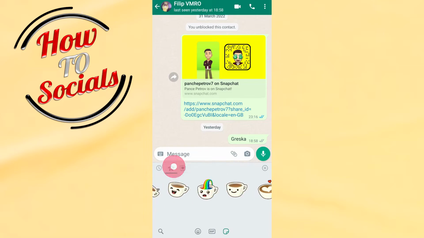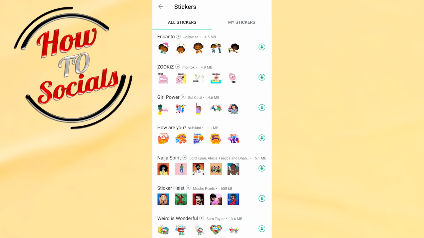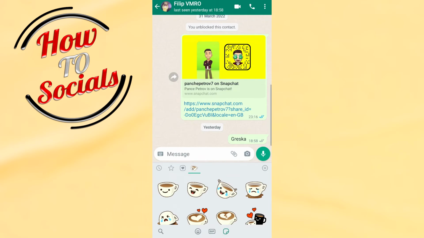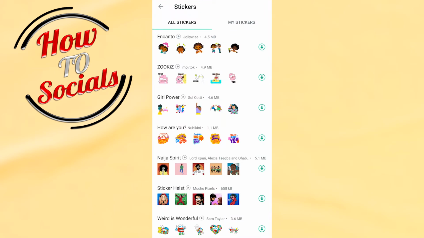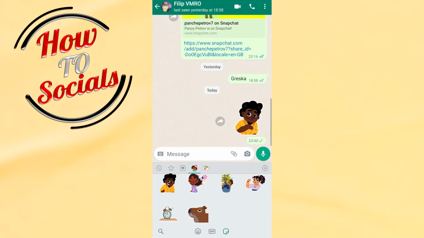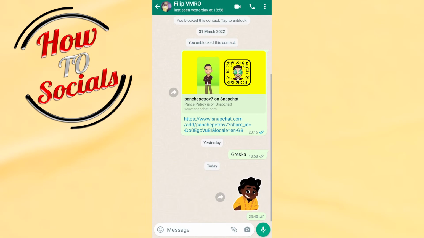Now if I go here and select stickers which are interesting for me, for example, we'll go and download this one. Now I will need to wait for downloading this one, for example. And here guys, as you can see, this sticker is